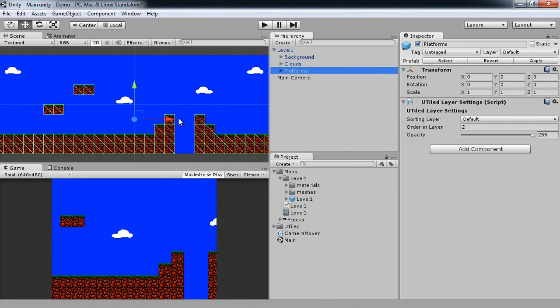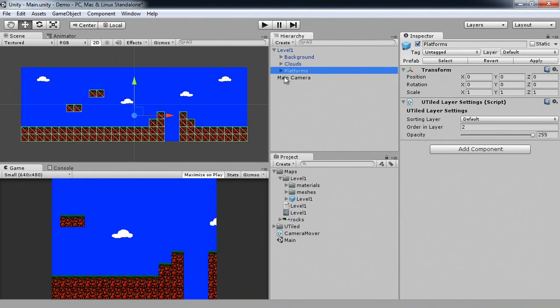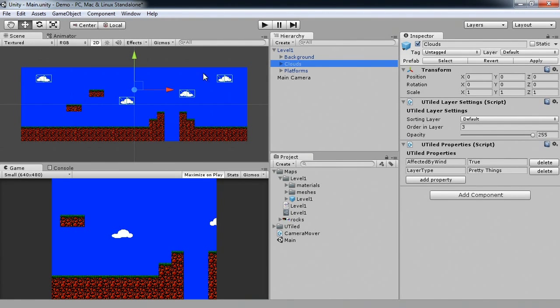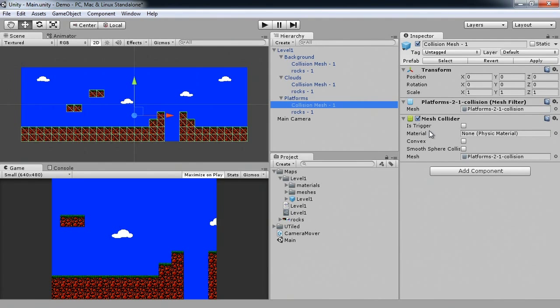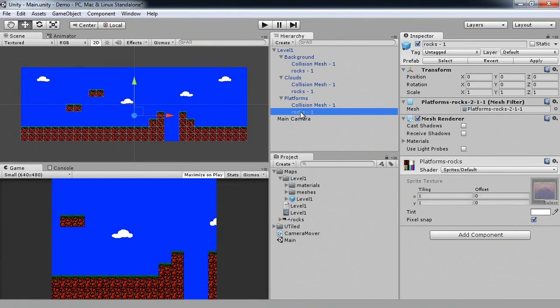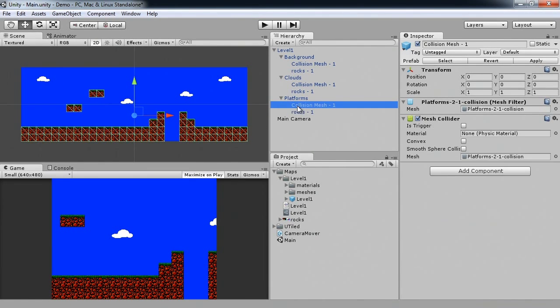Now that I've brought in collision layers, you can see these nice little green lines that come up when you select one of the layers. Each layer now has a collision mesh, which can be used. It's a mesh collider, and that can be used to trigger and do all sorts of collision and bounding boxes and everything like that in Unity, and play with the physics system. So we have the option here of just taking a layer and taking the render mesh, which is this one, and turning it into a collision mesh as well. Now, I do some optimization,